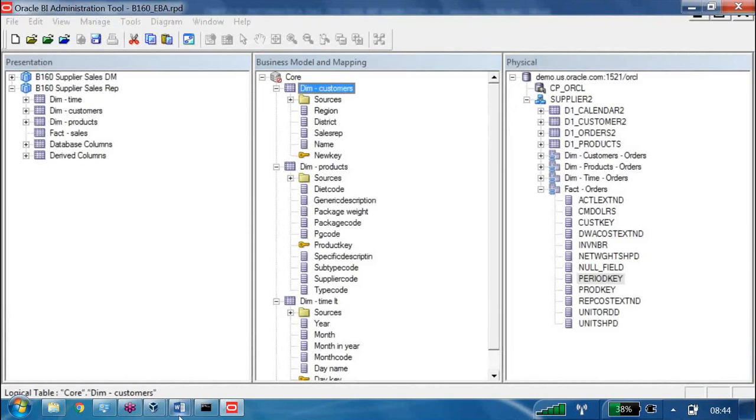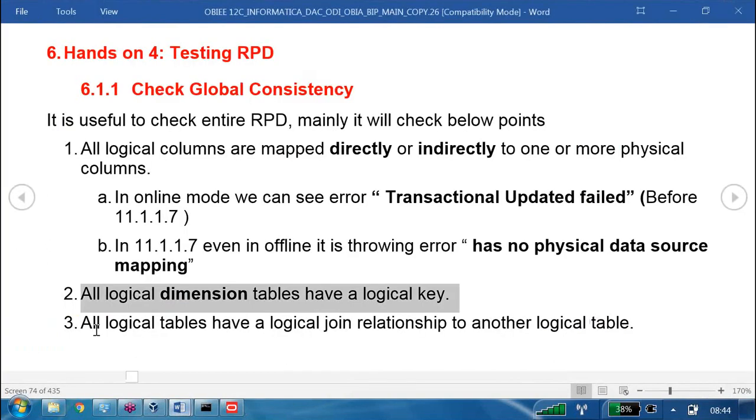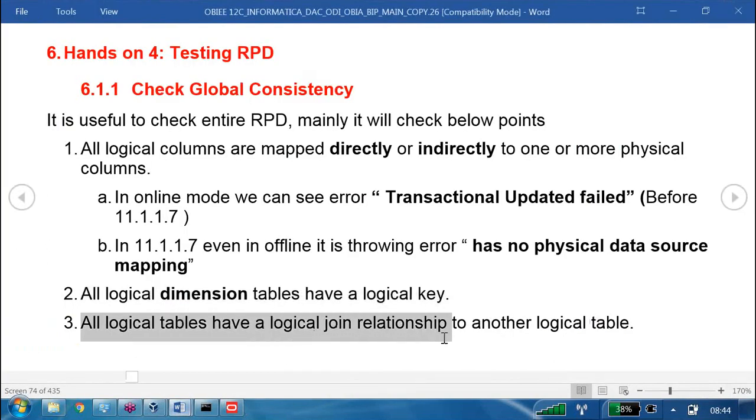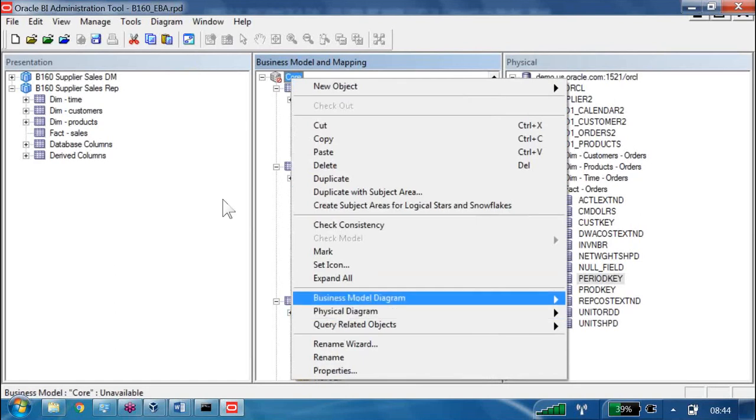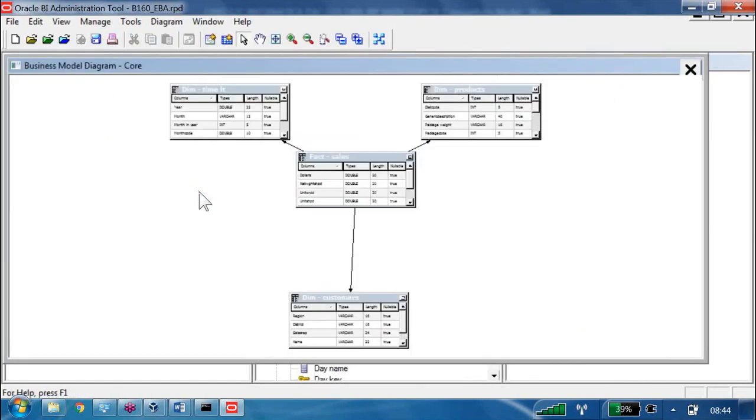Okay, next point. What is the next point? All logical tables have a logical join relationship to another logical table. Meaning what? For example, now we have core here, right click, business model diagram, whole diagram.